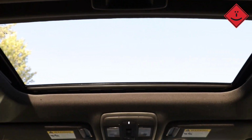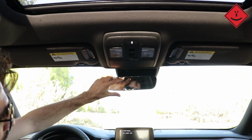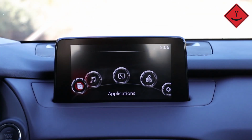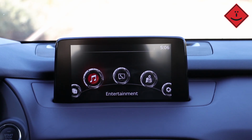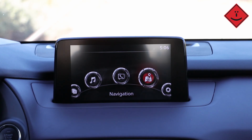Moving on into the interior, we have our power retractable moonroof, LED interior cabin lights, our frameless auto-dim HomeLink mirror, and our driver-oriented dash. Here we have our 8-inch Mazda Connect system. You'll have your applications such as monitoring fuel economy, entertainment for music, communication for all your phone calls, navigation, and